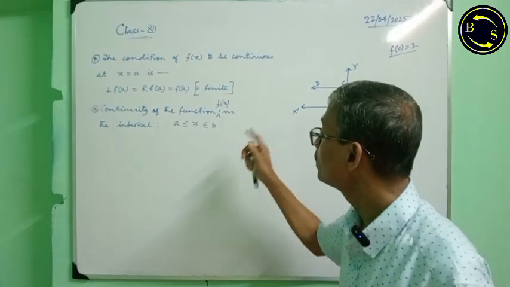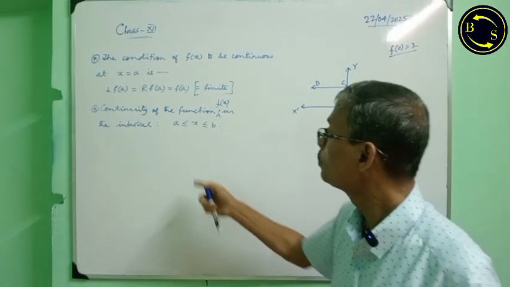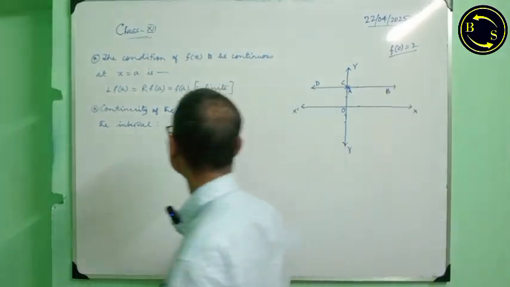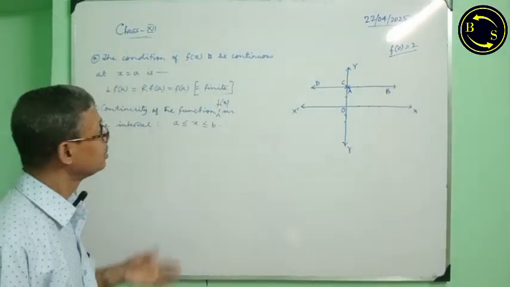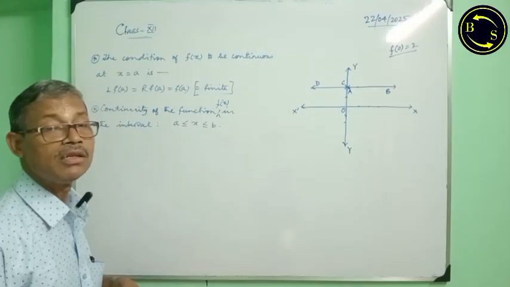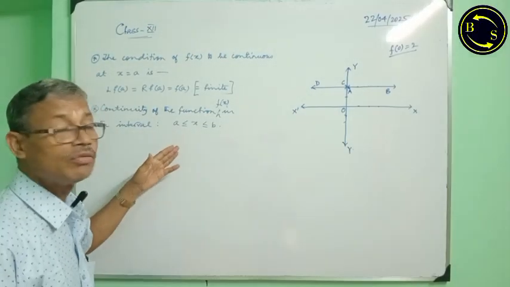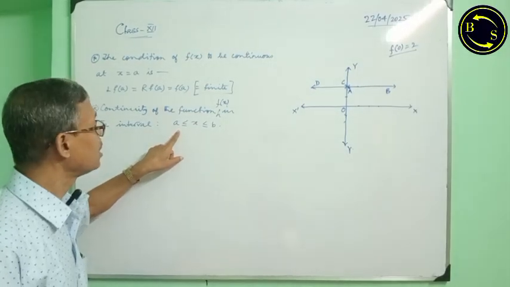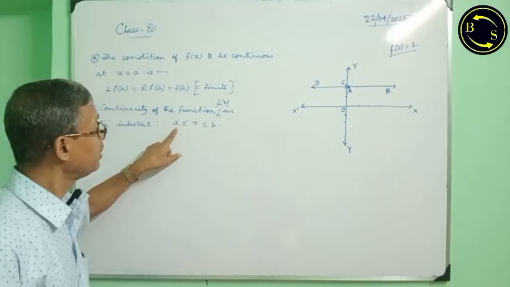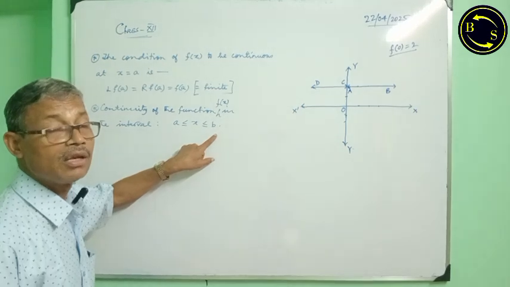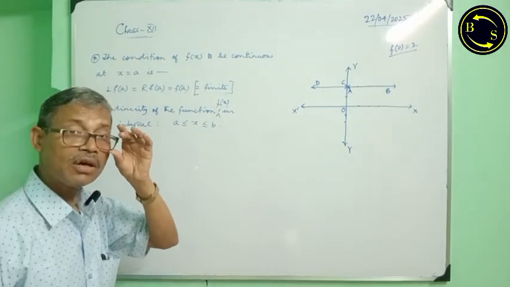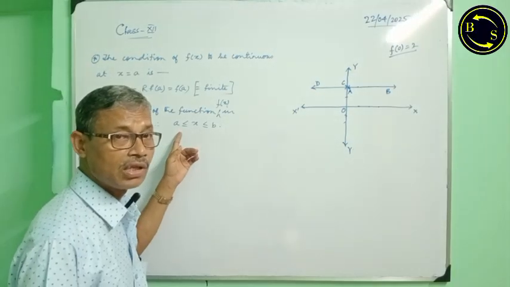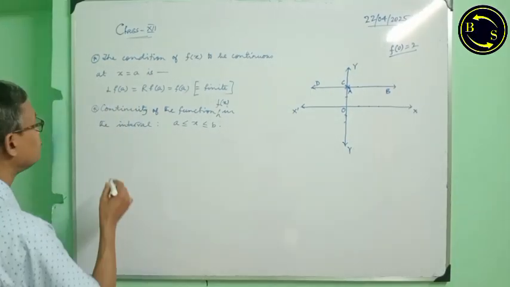Actually the function f(x) will be continuous throughout this interval if it is continuous at every point in this interval, and also continuous at the end points, that means at x equal to a and x equal to b. Now what will be the condition of continuity for the left end? That condition will be